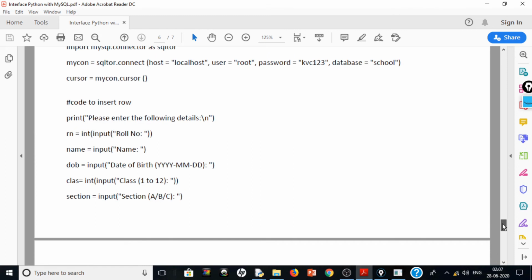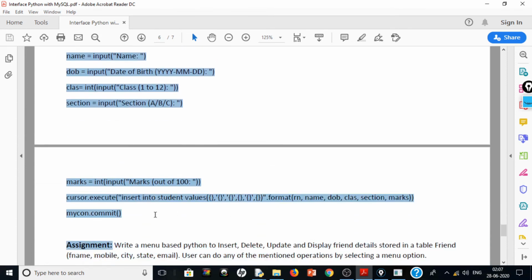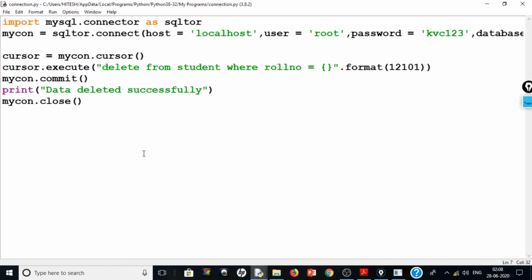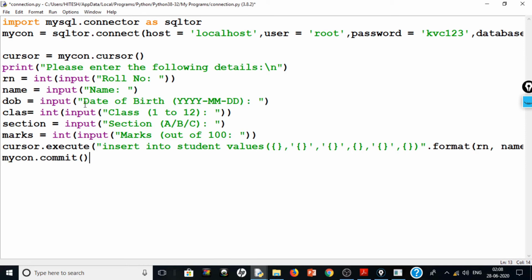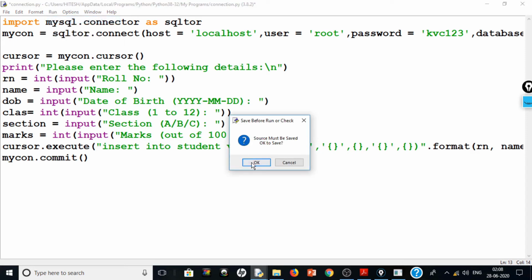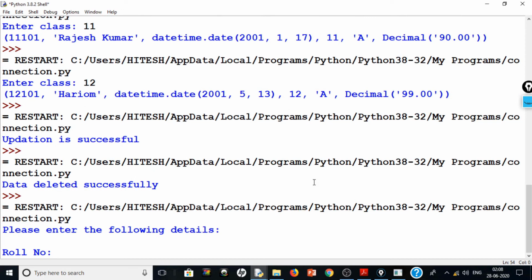So let me copy and paste it. So we want it from here only, right? Let me run it. So roll number, let me take 100 as the roll number so we will remember.